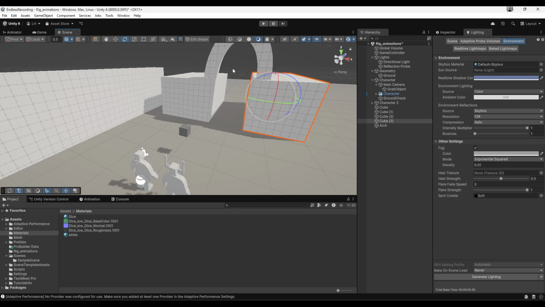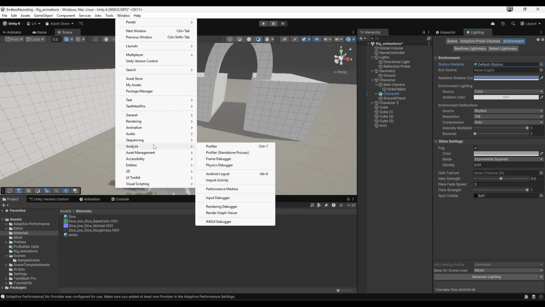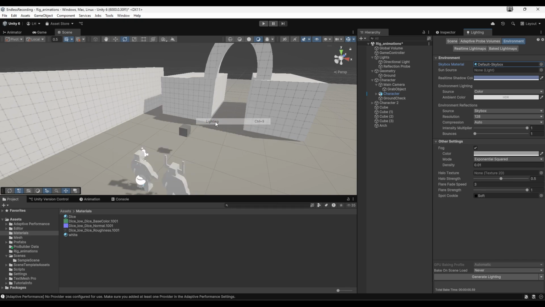So this is going to be a quickish lesson on lighting. We can get this lighting tab here by going Windows, then we go to rendering, lighting, and then we pop that there. Okay, now